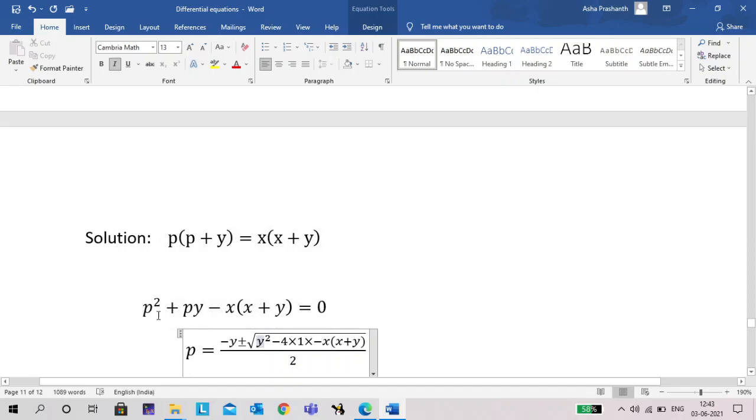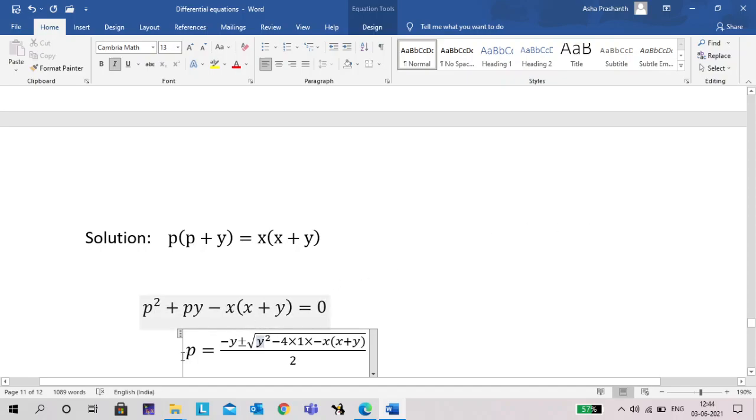So if I multiply like that, I get the equation like this. We can't factor it by the regular method, so we go for the formula method, right? The standard equation is of the form ax square plus bx plus c. Here x square stands for p square, and p is the variable. Clear? Okay. So x is equal to minus b plus or minus square root of b square minus 4ac divided by 2a, right?